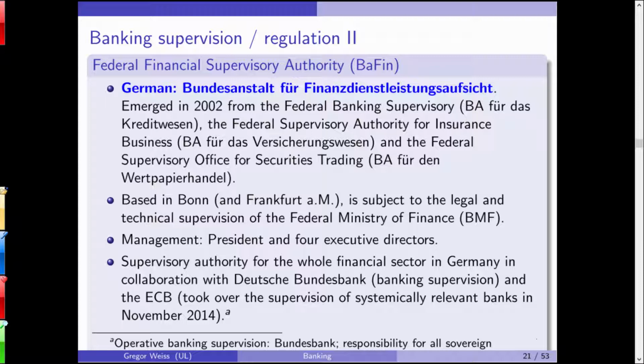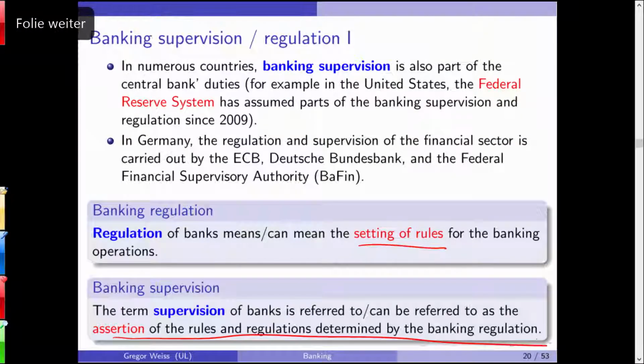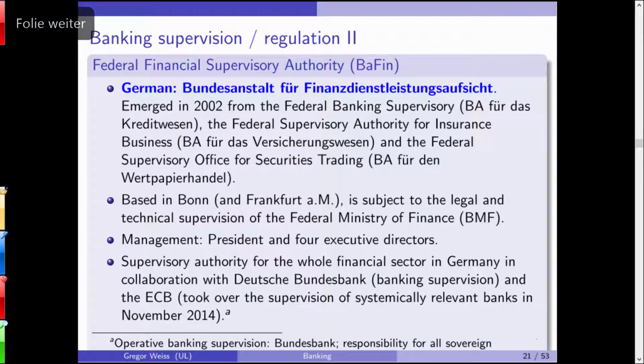The politicians can ask them to do something, but the central bankers in the end will always decide independently, and especially Deutsche Bundesbank has been very proud of its independence. BaFin, in contrast, is more or less supervised by the bureaucracy and the politicians. So this is different. It's managed by a president and 4 executive directors. They are called executive directors, Exekutivdirektoren,